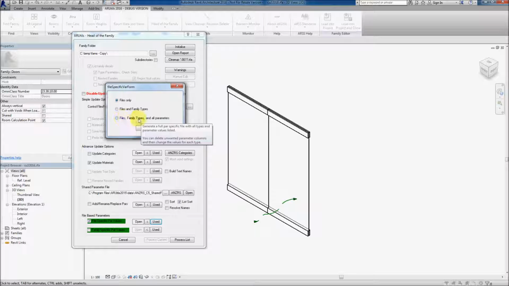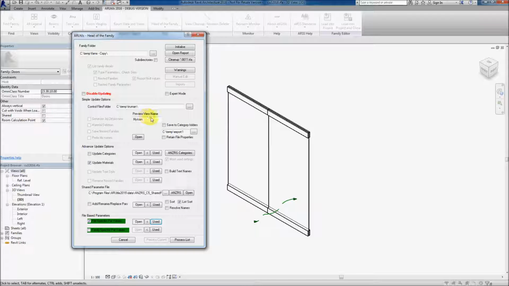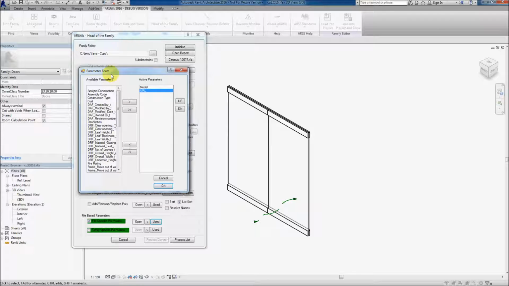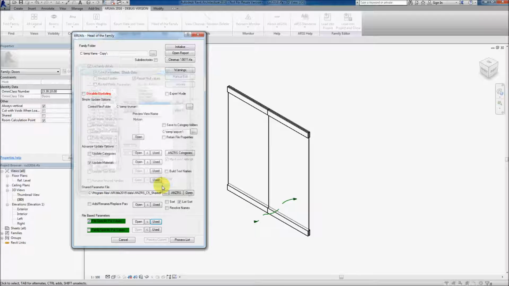And if I go to Files, Family Types and All Parameters, you'll see the difference that we achieve. So we now get presented with a list of possible parameters, and we'll include description. We already have model URL, fire rating, manufacturer. So we've now picked a series of parameters to be reported on. And if I click OK,